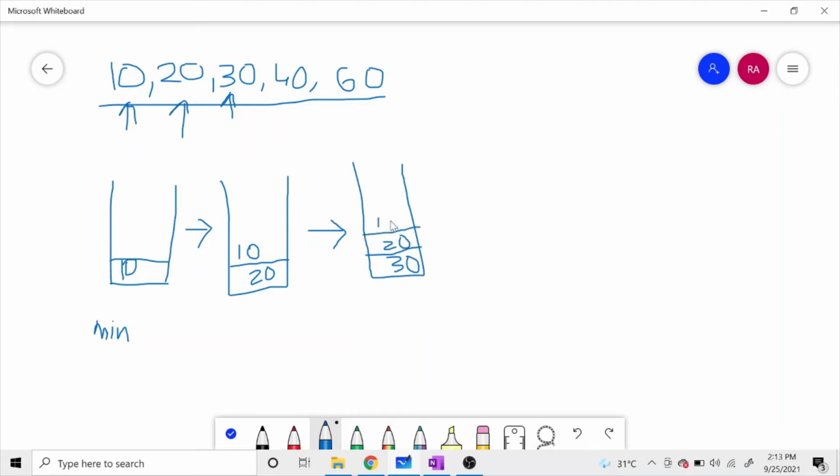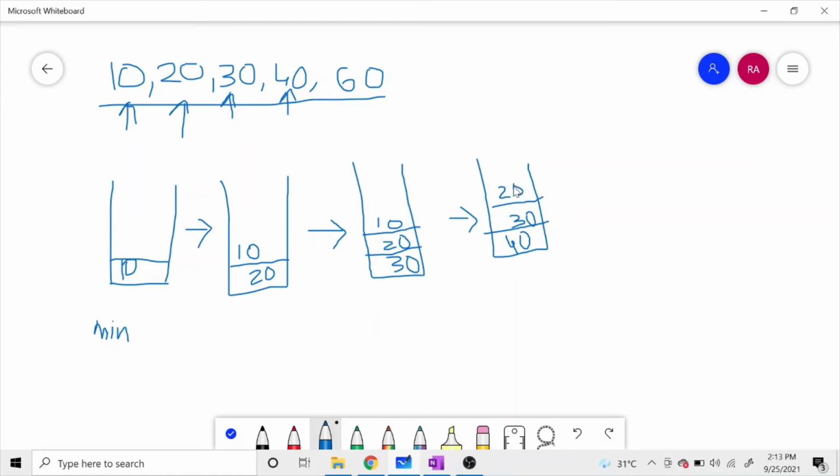Here also our heap size is less than 3, so we will move on to the next step. The element that we will take next is 40, and we insert this in the heap. 40 will come at the last position, and above it all the other elements. The heapify procedure will take place over here. So 40, 30, 20, and then 10 will be at the topmost level.